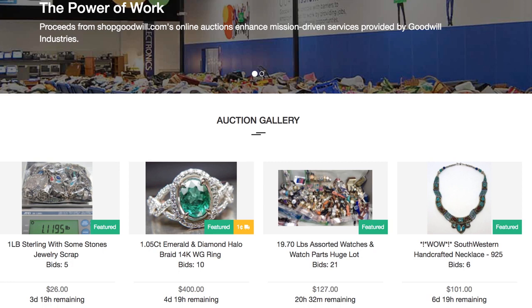Okay, so somebody at the store, a manager or somebody, goes through and decides what they're going to list on the website online, and they probably have learned after a few years of doing this what things sell best online. Correct. Yeah, so through training initiatives at the local Goodwill levels and through our team's efforts,